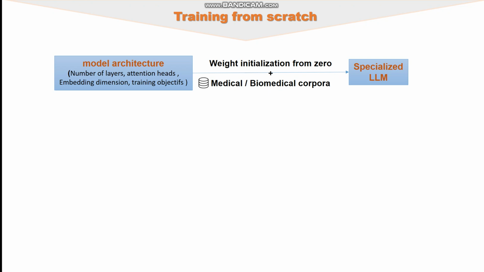The last approach is training from scratch. In this case, the model doesn't reuse any previous knowledge. We only keep the architecture, but all weights are initialized from zero. The model is then trained entirely on domain-specific medical or biomedical data. This process is very costly, but it allows the model to learn the language and structure of medicine from the ground up. For example,